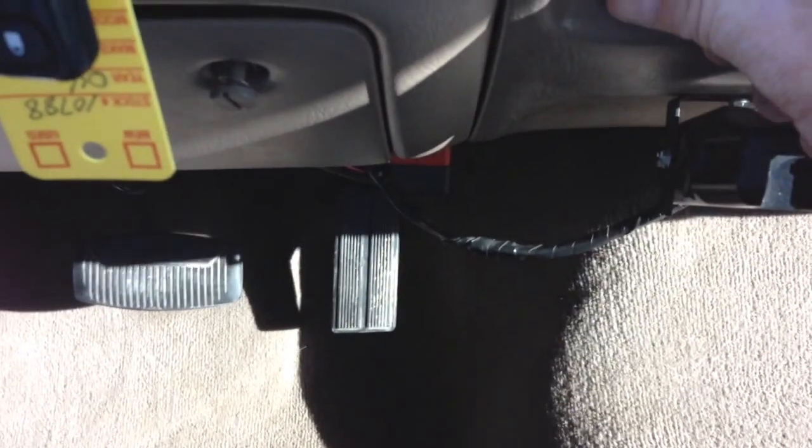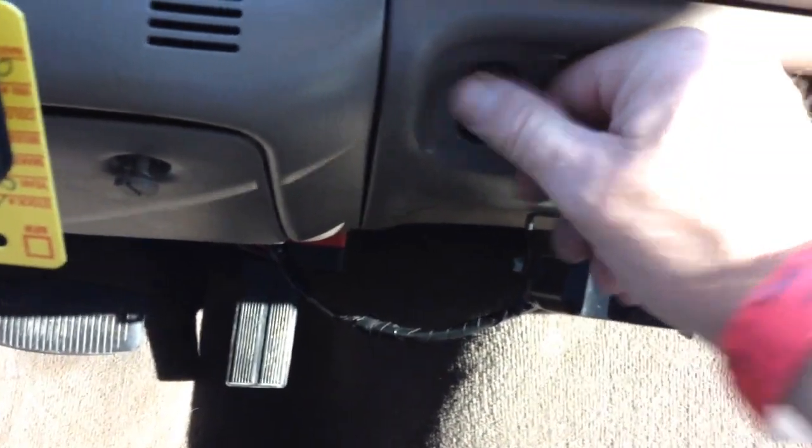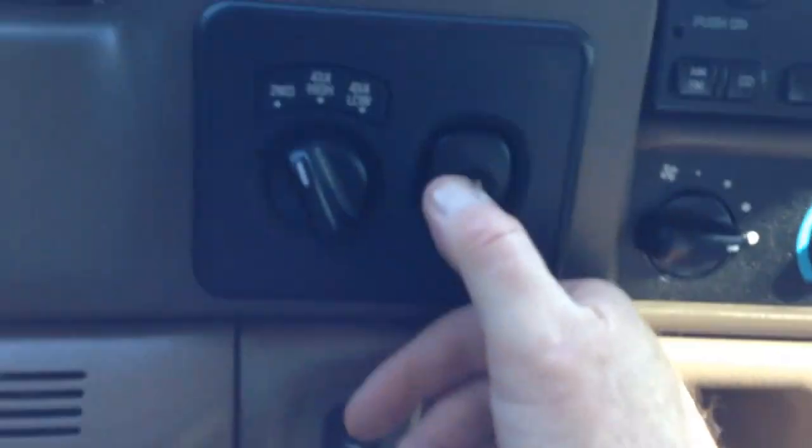Adjustable pedals. That works. I'm told that doesn't work, but we're going to try that anyway. It could be user error by my guys. There's tow haul on and off. All right,